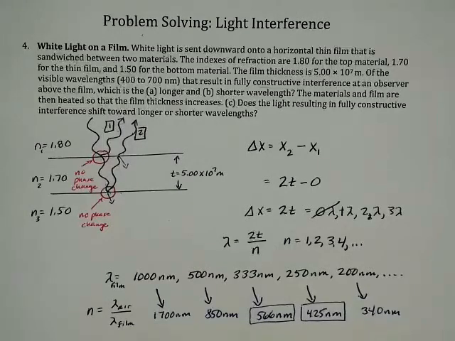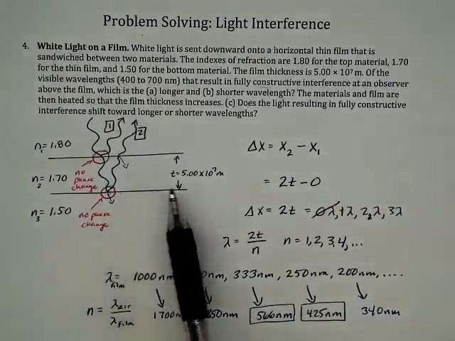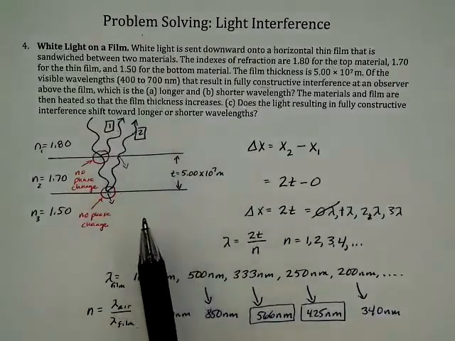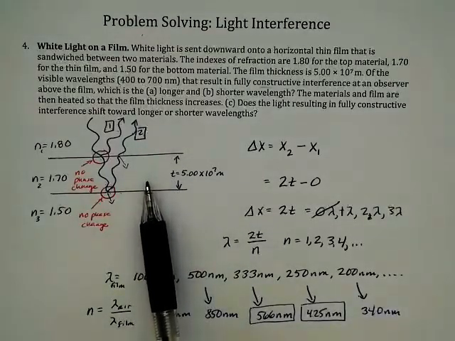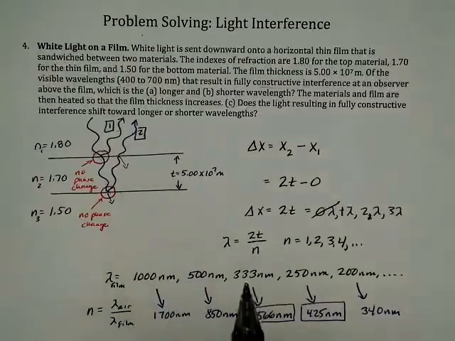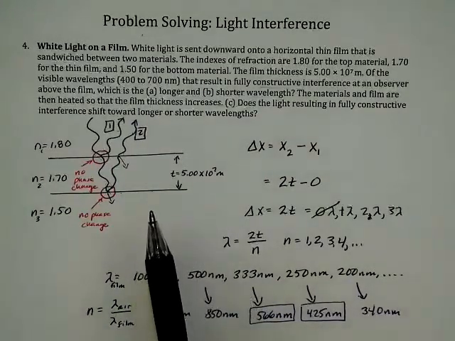There's a third part of this question. Does the light resulting in fully constructive interference shift toward longer or shorter wavelengths if the material was heated? Well, there's sort of a lot of things embedded in that property, because we're assuming that when we heat this and the thickness increases, that doesn't increase the index of refraction here. And I'm not entirely convinced that would be the case, but let's go with it because we have no other